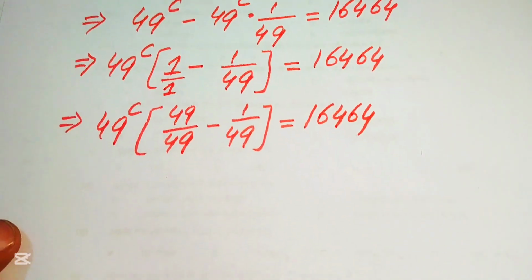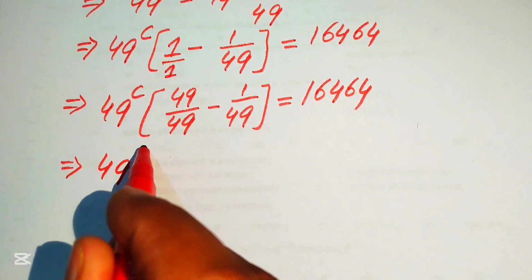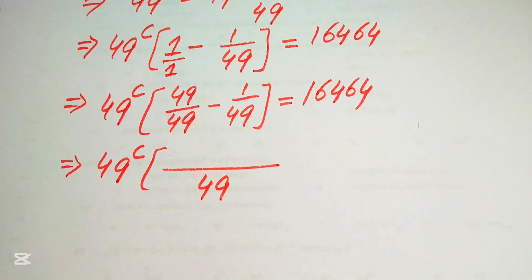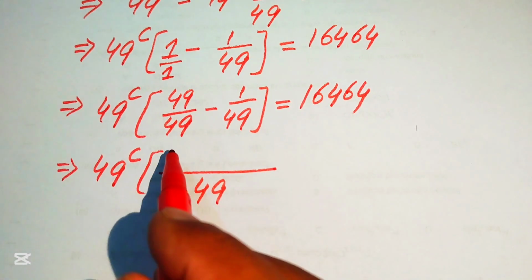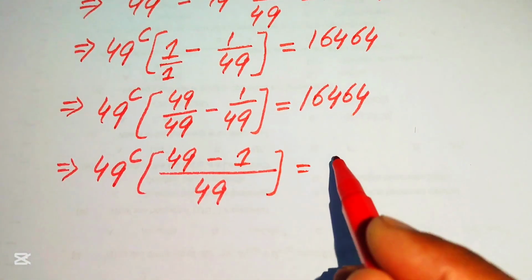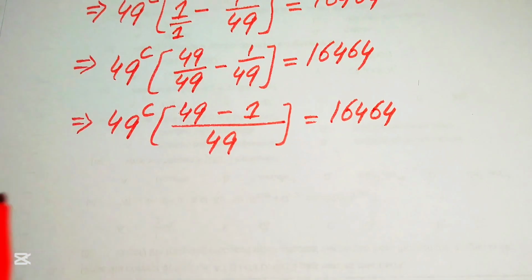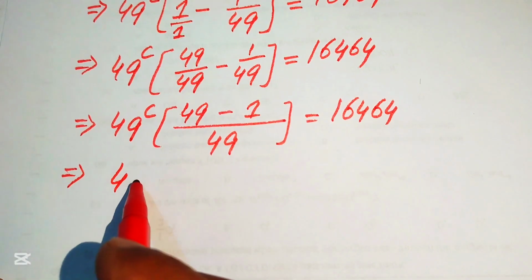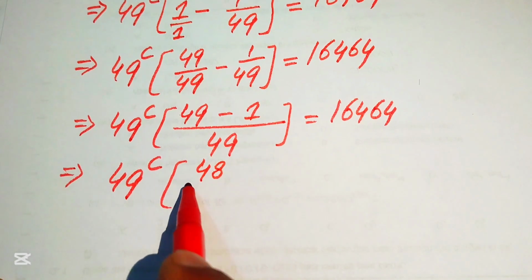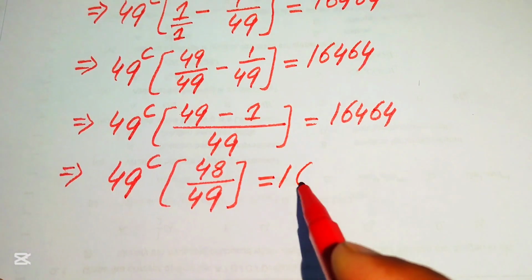16,464. So further in the next step, we are ready to take the LCM of this term, and it will be written as 49 to the power of c. So here we take the LCM. After taking LCM, we get its denominator is 49, and we get here 49 minus 1 into, this is equal to 16,464. So after that we need some simplifications, and we write it as 49 to the power of c into 49 minus 1 equals 48 over 49, and it is equal to